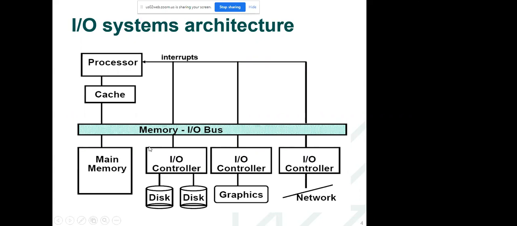Why do we need an interface? Because these are high level memories and these are low level memories. High level means high execution speed, very fast memories, and these memories are slower. Not very slow, but if we compare these disk memories, all these secondary memories, with the processor or cache, obviously these memories are slower.